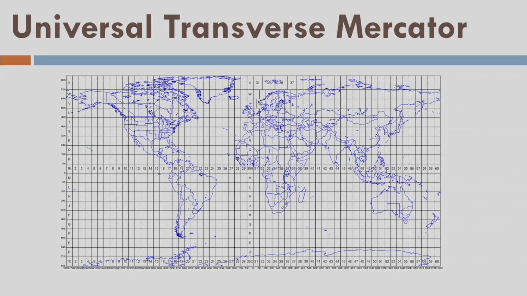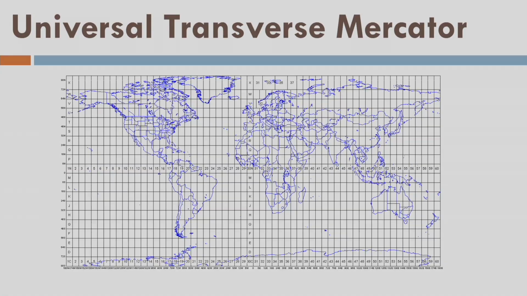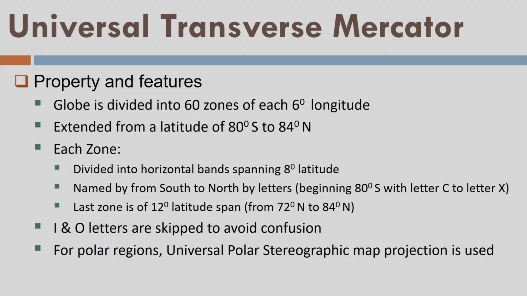UTM, what we call Universal Transverse Mercator, is a specific example of the transverse Mercator projection system. UTM is now the most popular projection system, being used mostly in GPS and GNSS services. Perhaps the map projection system that you are using in your mobile phones might be using UTM only. In this UTM, the picture is shown. You can get a lot of literature about that. It's pretty easy to understand.